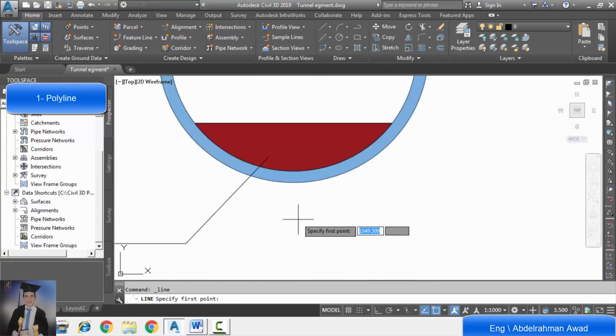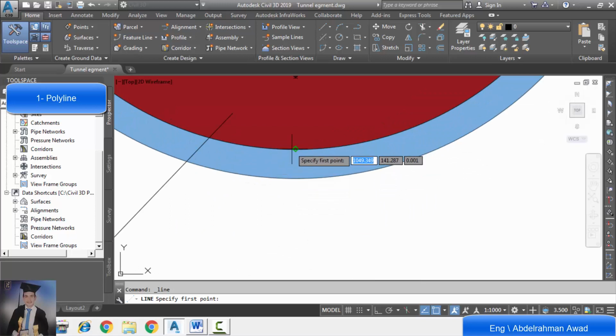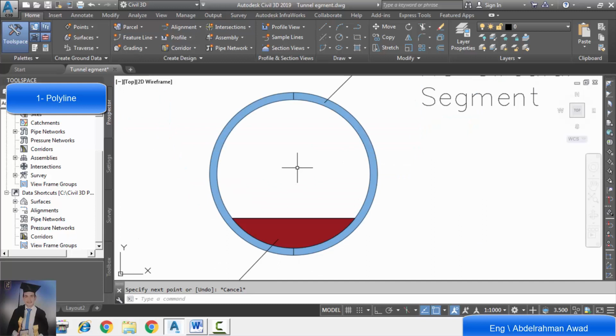We will divide the bottom part too, from the top quadrant linking to the bottom quadrant. So we divide the two circles into two halves. Now we will draw two polylines that surround each half: a polyline for the right half, and a polyline for the left half.